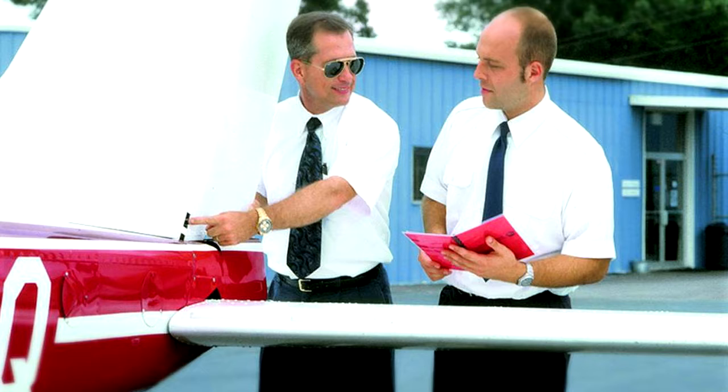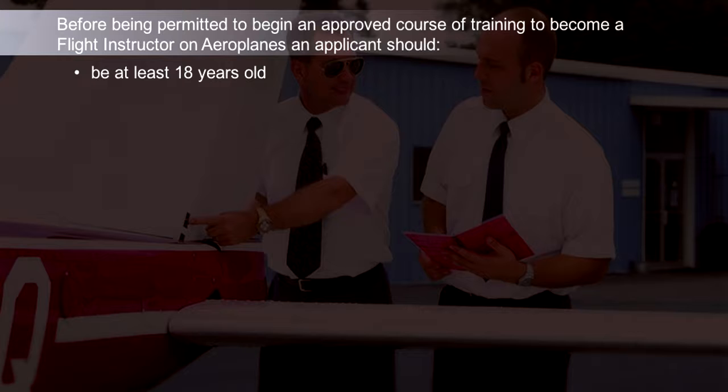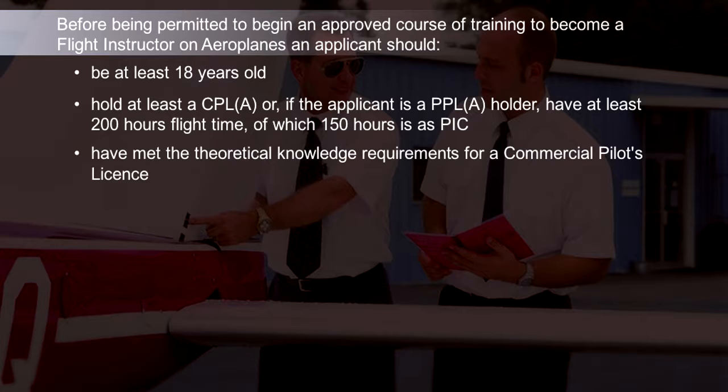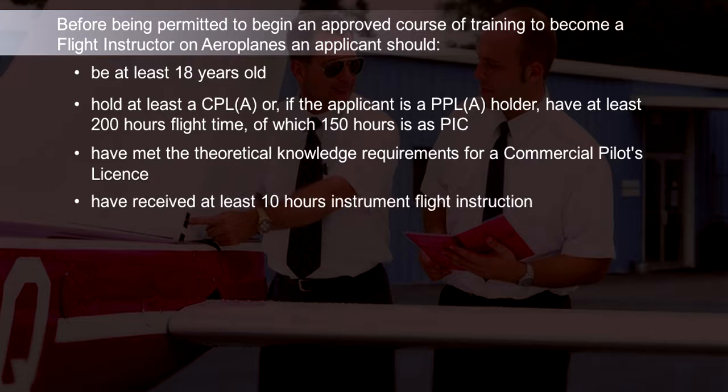Before being permitted to begin an approved course of training to become a flight instructor, an applicant must have satisfied the following conditions: be at least 18 years old, either possess a commercial pilot's license or higher level of license, or, if holding only a private pilot's license, have at least 200 hours flight time, of which 150 hours must be as pilot in command, have met the theoretical knowledge requirements for a commercial pilot's license or higher level of license, have received at least 10 hours instrument flight instruction, of which not more than 5 hours may be instrument ground time in a flight navigation procedures trainer or flight simulator, have passed a specific pre-entry flight test within the